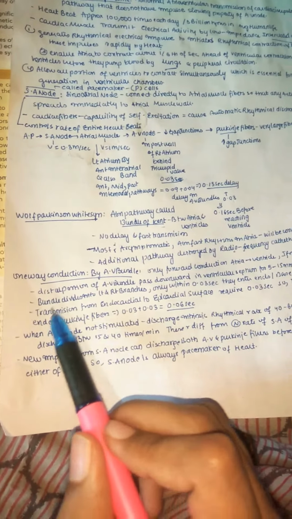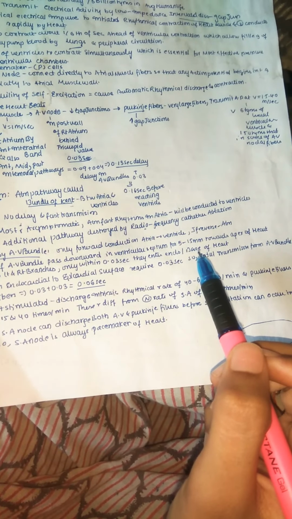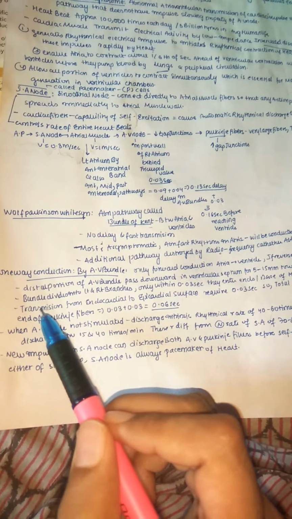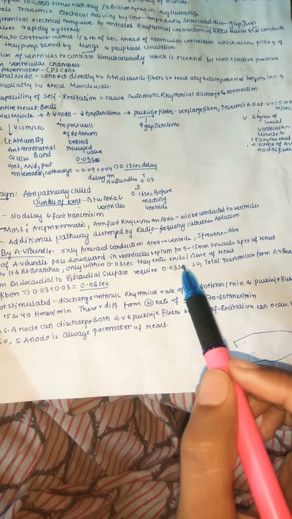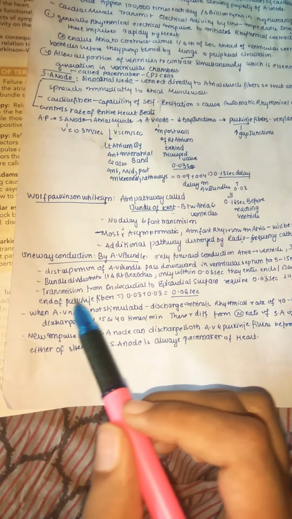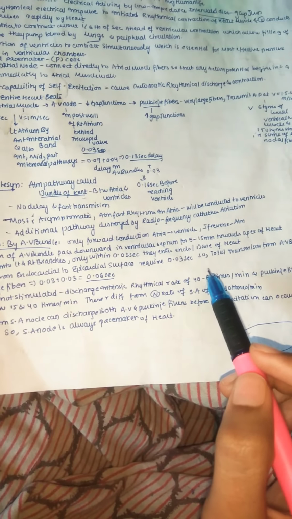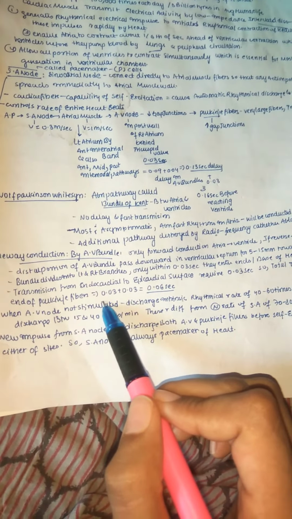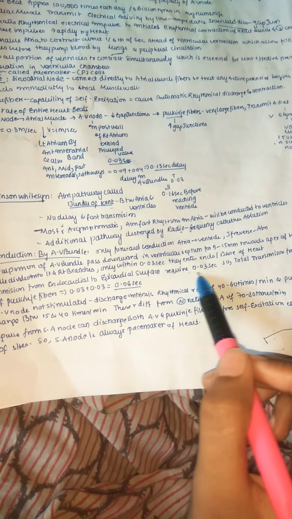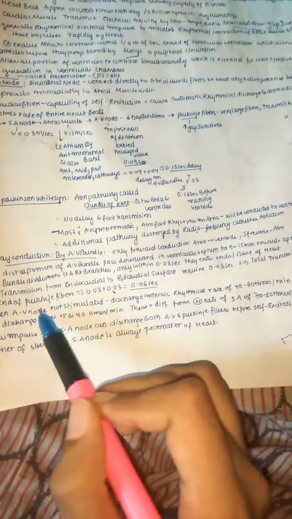and if reverse, then it is abnormal. The distal portion of the AV bundle passes downward in the ventricular septum for about 5 to 15 millimeters towards the apex of the heart, and the bundle divides into left and right branches, and within only 0.03 seconds they reach the ends at the base of the heart. The transmission from the endocardial to the epicardial surface requires only 0.03 seconds. So the total transmission from the AV bundle to the end of the Purkinje fibers is about 0.03, plus 0.03 to reach the epicardial surface. So in total it takes about 0.06 seconds.